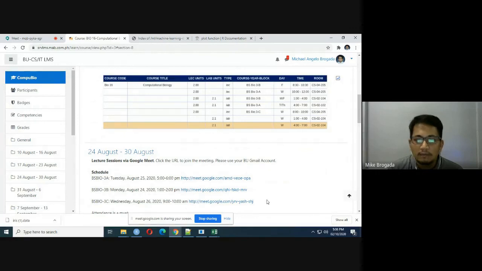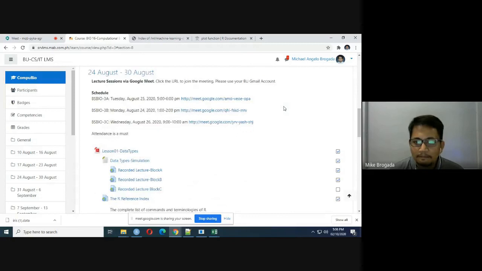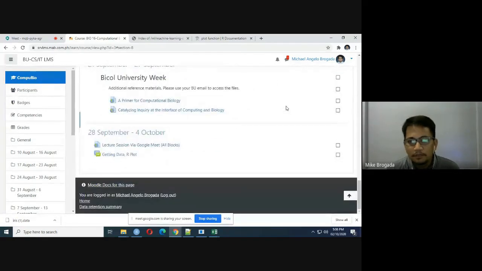I-post ko na lang dito sa LMS. Iniiba-iba ko siya para lahat ng blocks na accommodate yung schedule. Kasi probably ngayon absent kayo because you have other classes. Kaya hindi ako nag-stick sa one schedule. Okay na? So